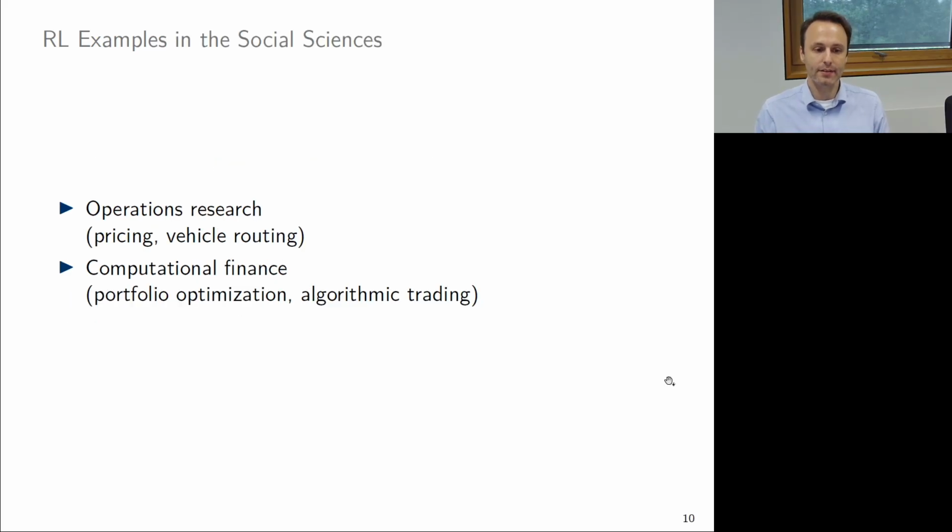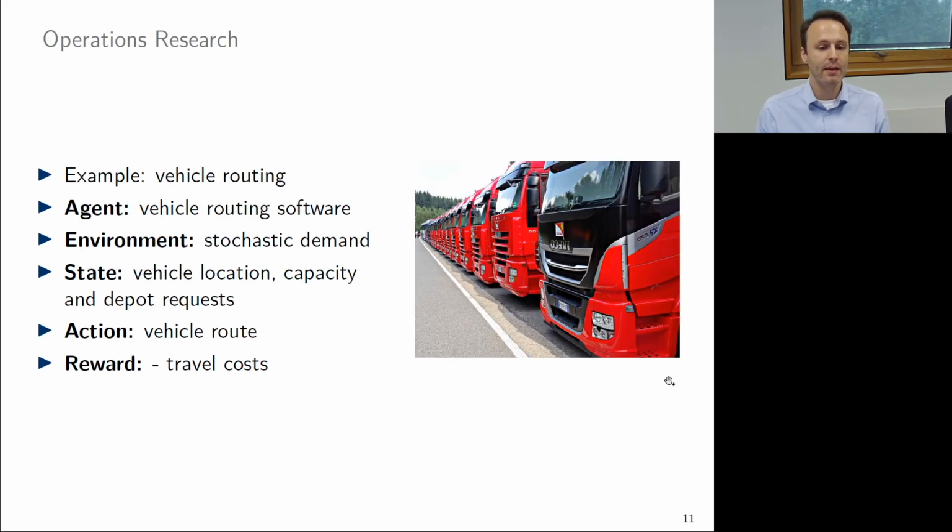Now, in the social sciences, operations research has used reinforcement learning for pricing and vehicle routing. And computational finance has used reinforcement learning for portfolio optimization and algorithmic trading. Now let's take a look at an example from operations research. Here, vehicle routing